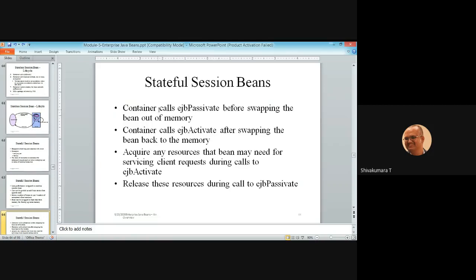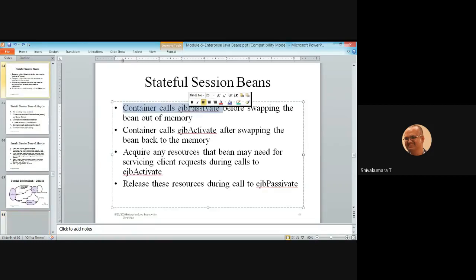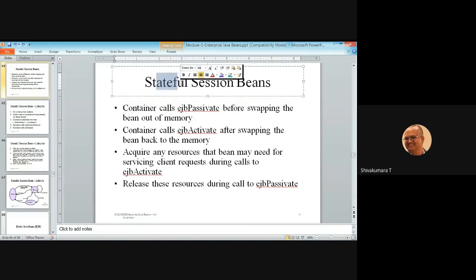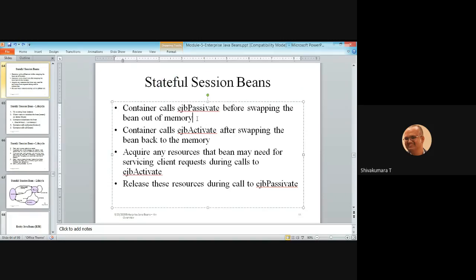Then the container calls EJB passivate before swapping the bean out of memory. Because it is a stateful session bean, it needs to maintain the state of the client request from the beginning to the end of the transaction. Since the user is idle as of now, the container needs the memory for other user processes.